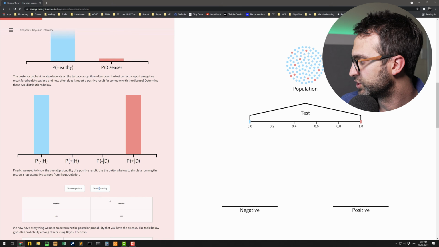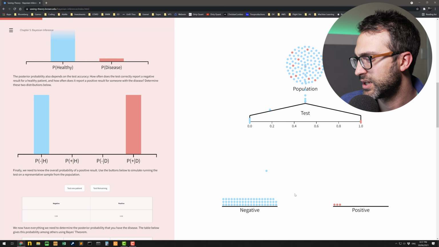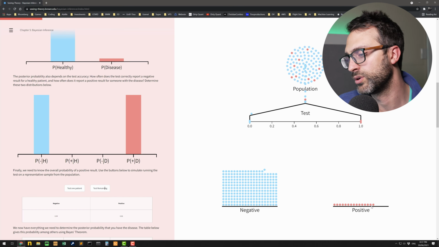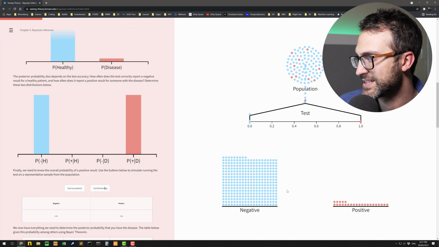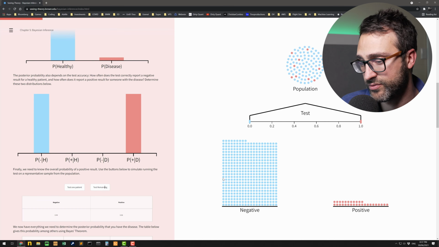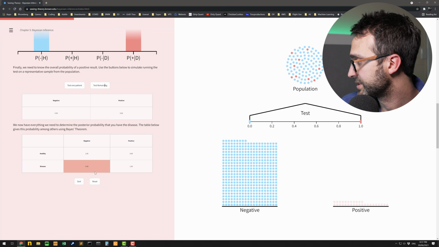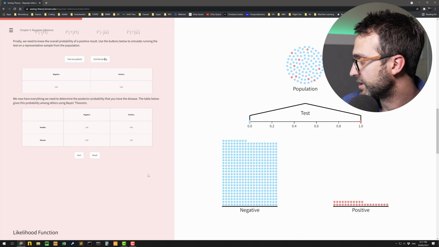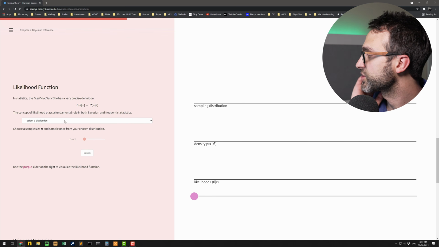Also, if I jam that up, everyone should be sorted correctly if I do this, right? Blues to the left, reds on the right, as you expect. This is an ideal world. Everyone that does the test gets exactly what they should have. Amazing. This is really, really nice. Big fan of this. And then we can compute this table based on the above. Love it. All right, likelihood function.